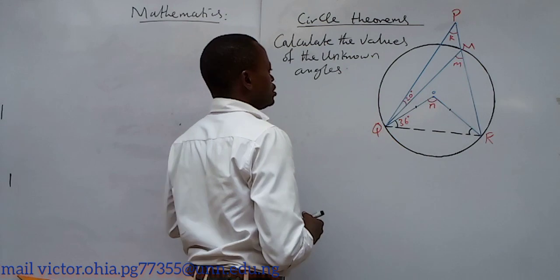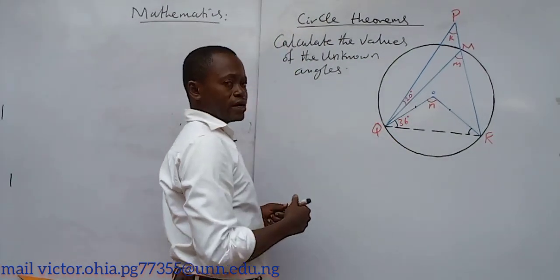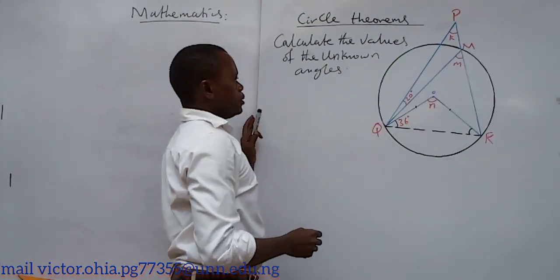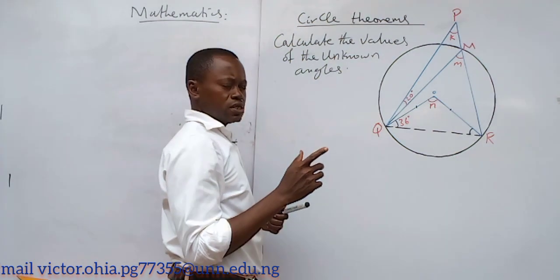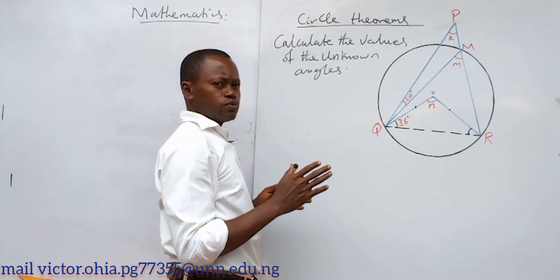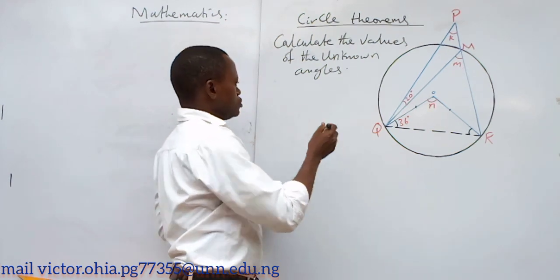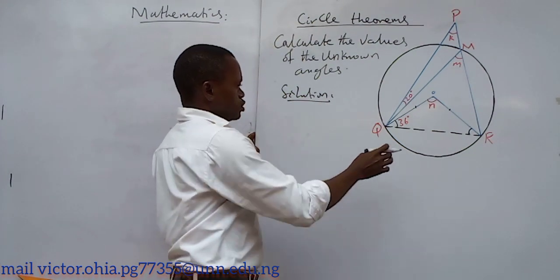What is it actually asking us to do? This question is asking us to calculate the unknown angles. Of course, here is unknown, here is unknown, here is unknown. How are we going to assess the question and handle the problems? There is always an access point. Like I tell my students, for every mathematical question, just check out for the access point, the point through which you can assess that question and resolve it. So, solution: I've already seen a point through which I can enter. Now consider this,